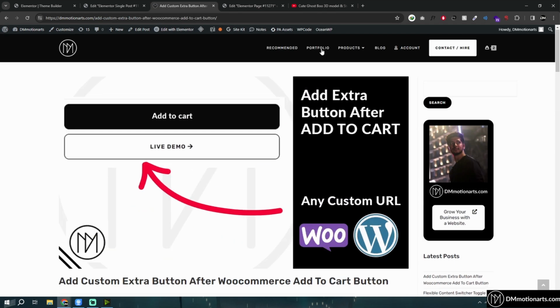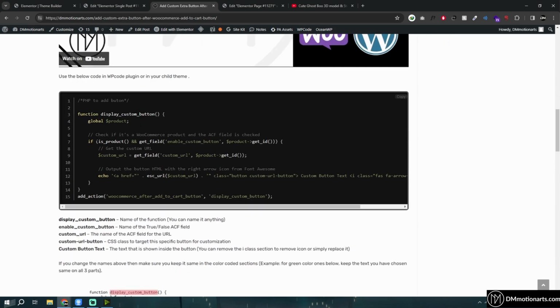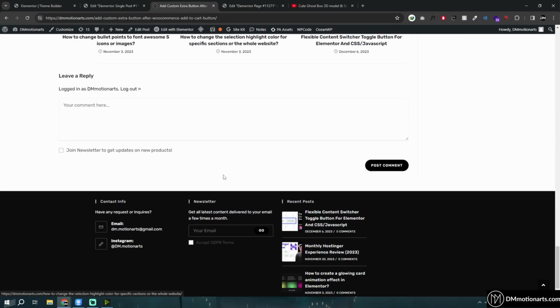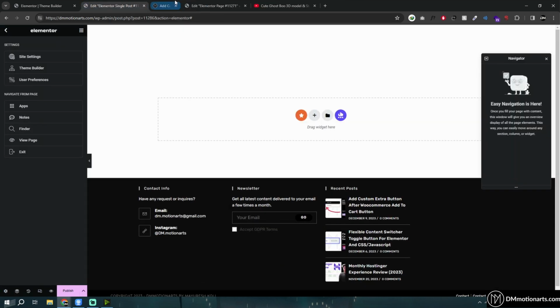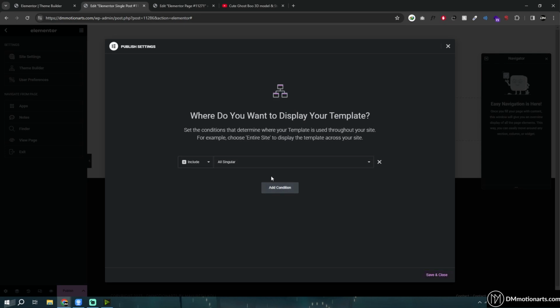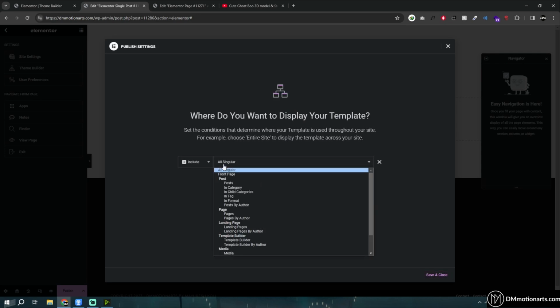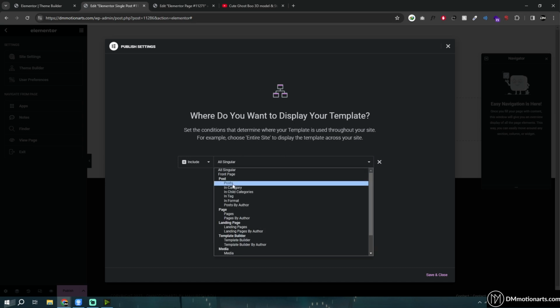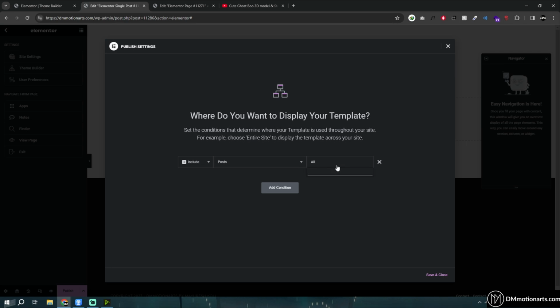So like this, if you create a nice post layout, it would look nice and good. And then buttons and all, login button, comment button and all. Everything that you do, all you have to do is click publish, and then add a condition, where you want this template to be applied. We can choose that it should be applied to all posts, or we could only apply it to